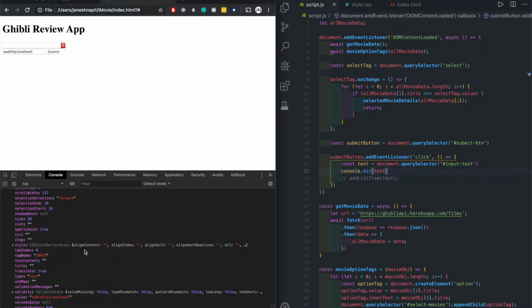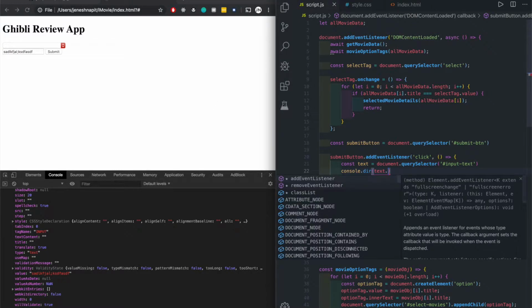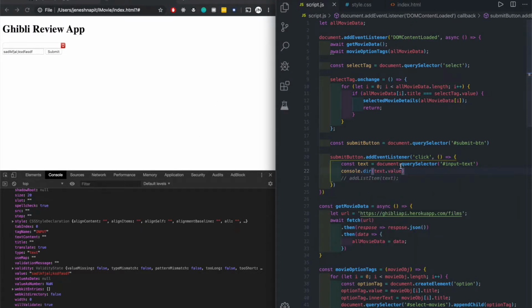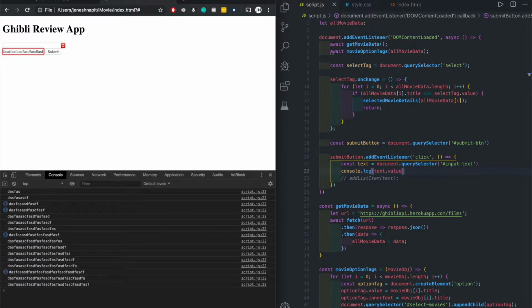Where are you? Right here, value. So for some reason, it turns out that we're using dot value again, just like we did for this option tag. Console log, just do a dot value, just to double check. Refresh every time we hit submit. Okay, so it's working. We're getting the text we need, and then we have to put it in this list